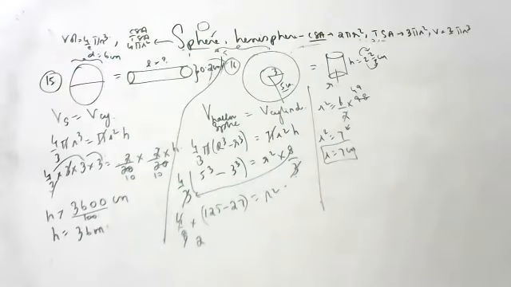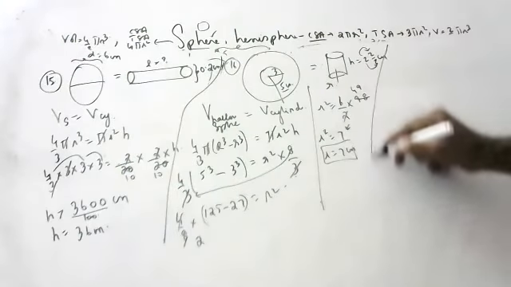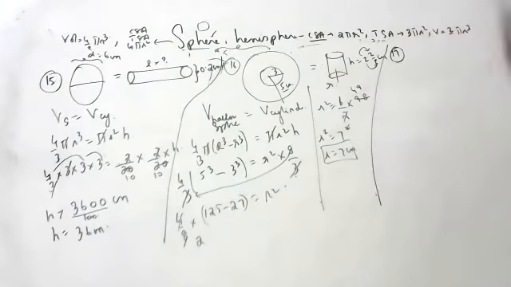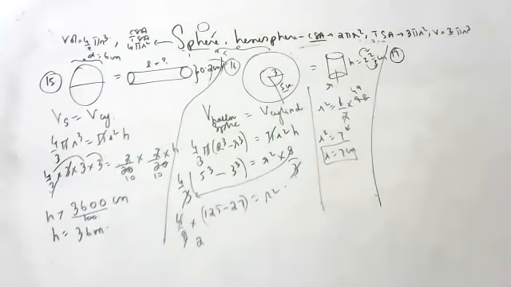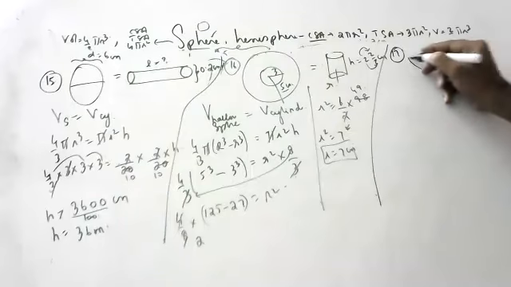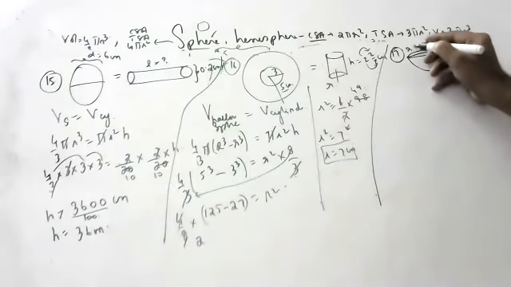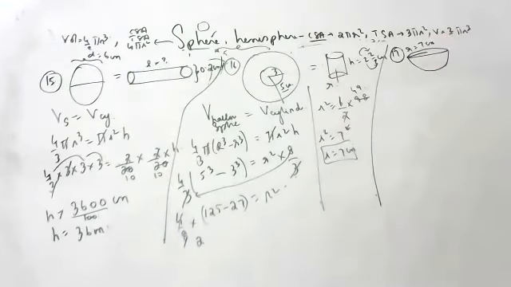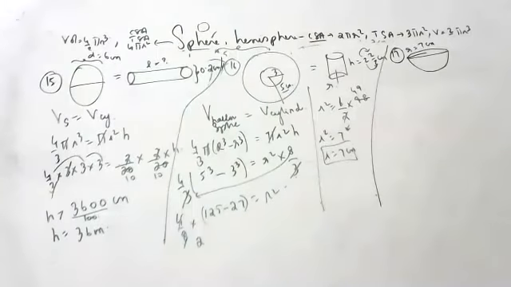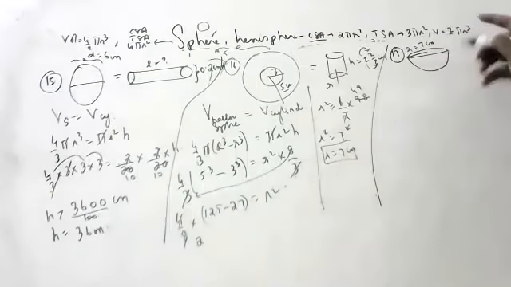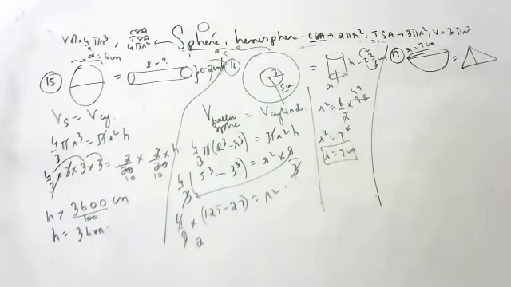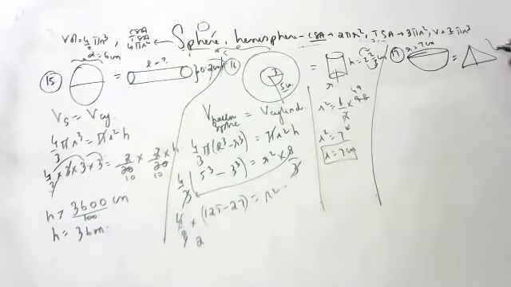Okay, next. Advika, are you there? Yes, sir. A hemisphere of radius 7 centimeters is there. Hemisphere radius is 7 centimeters. It is cut into 2 right circular cones. See, this is converted into cone. I will help you, don't worry. Of height 49 centimeters. The height of the cone is 49 centimeters. Question is, what is the radius of the cone?